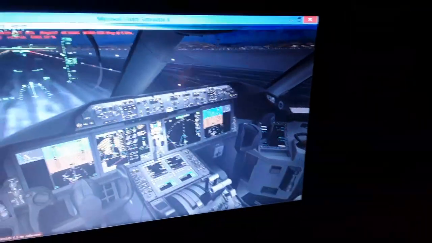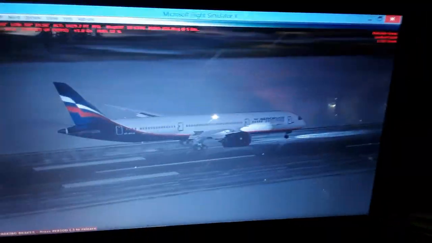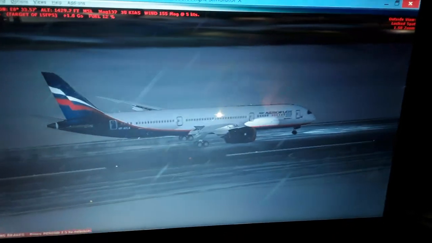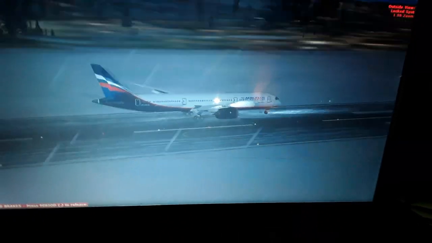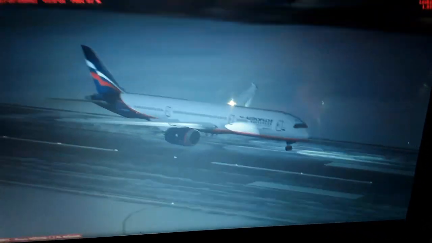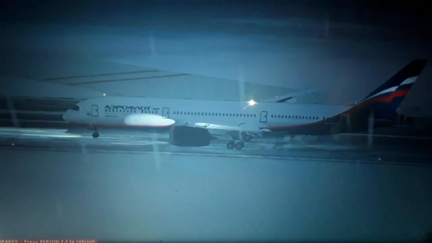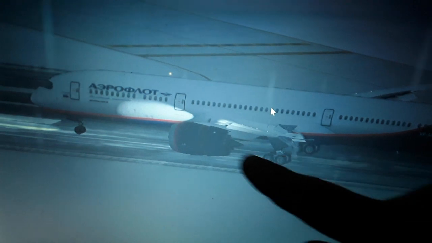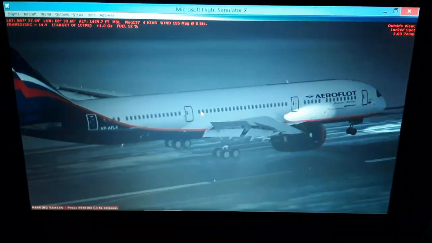So you can see we just made a very beautiful landing over here. You can see all the landing gear, all the parts are perfectly safe. Over here you can see both our landing gear behind and the nose wheel. There is no breakage of any part. So the aircraft is standing up the way